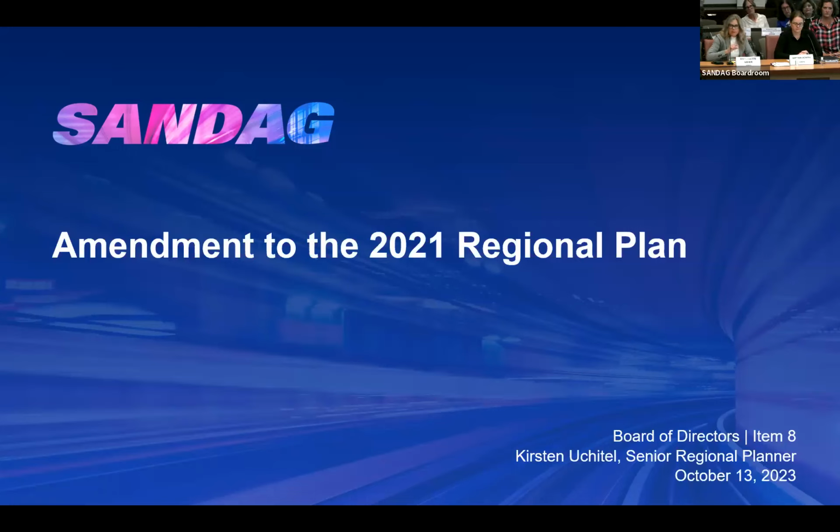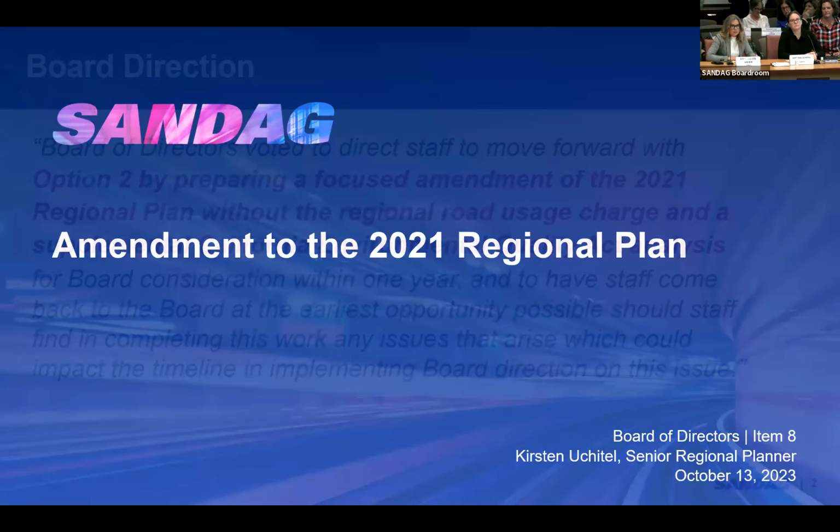Some of you were not members of the board last year when this process started, so I want to make sure everybody has an understanding of what's happened to date. So on September 23rd, 2022, last September, the board was presented with 3 options for removing the road usage charge from the regional plan. And ultimately, the board